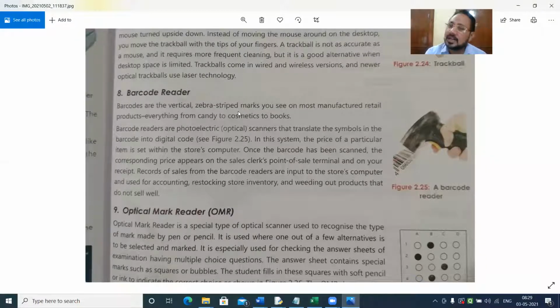Okay, you can write in your own words. It is just zebra stripe marks which are printed on all the products. Then a barcode reader device is used which reads this barcode. What is the meaning of reading? It means that whatever the price of the product is mentioned in the computer of the store, the price is calculated, and also the inventory is maintained and accounting is done. All this you can write.